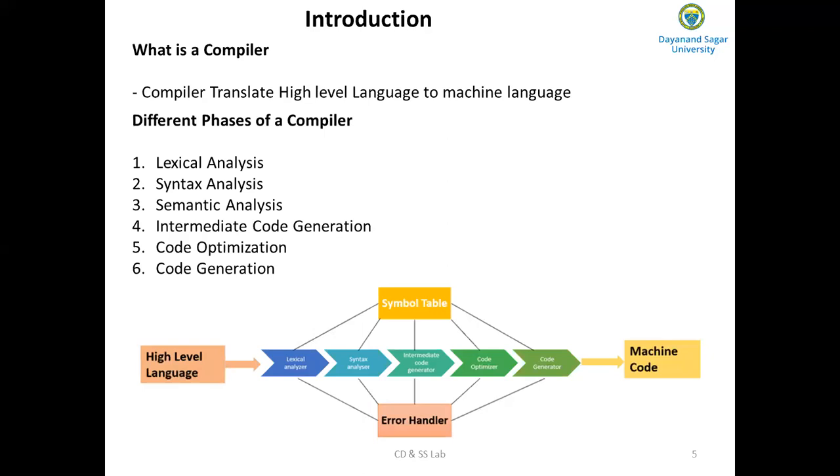Again, how do you implement this syntax analysis phase? Again, it is a time-consuming job, it takes a lot of time. So what is the utility available in order to generate the syntax analysis phase of a compiler, or the parser? The YACC utility. The YACC utility available on the Linux platform will take the grammar describing the language as input and generate the syntax analyzer program or parser program.